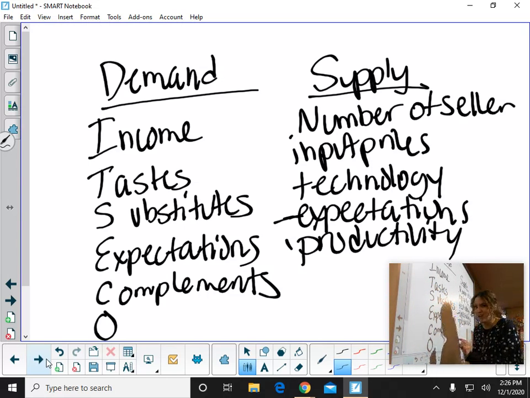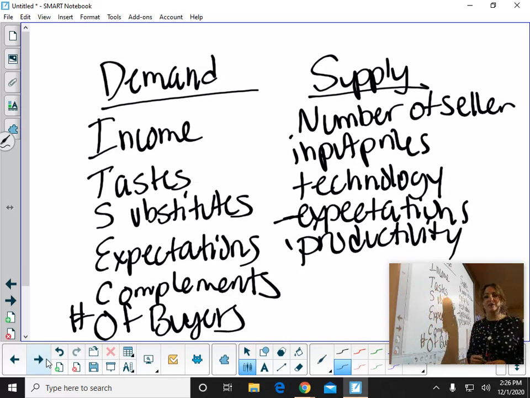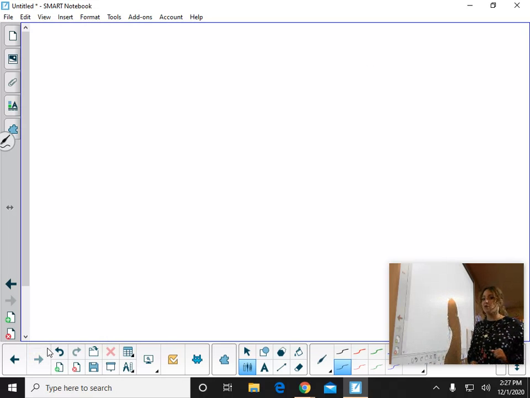And then O, it's kind of a stretch. It's number of buyers. If there's more buyers in a market, there's going to be more demand. If there's less buyers, there's less demand. So these are the things that shift demand of a single item and supply of a single item. And I'm going to do one more kind of bit